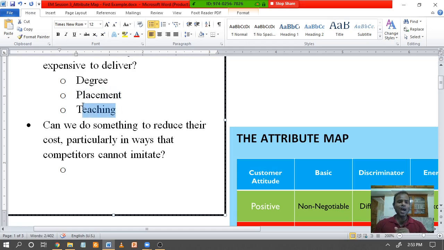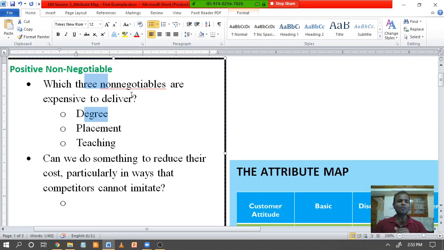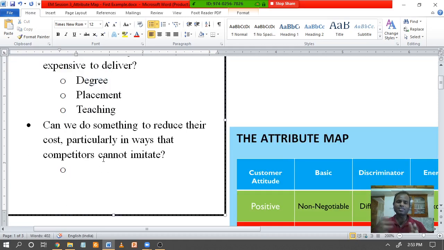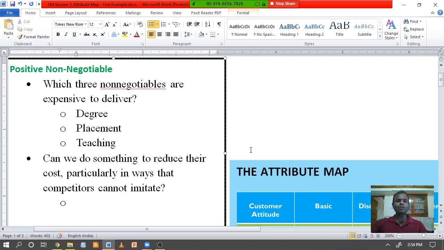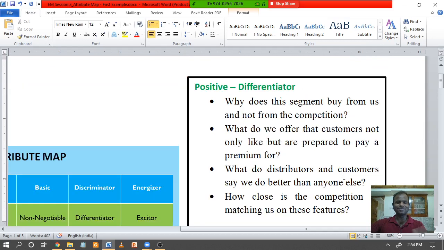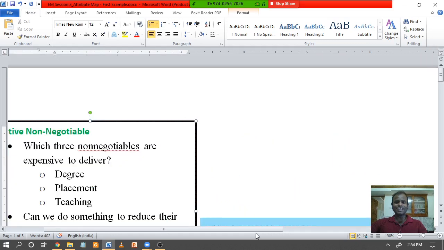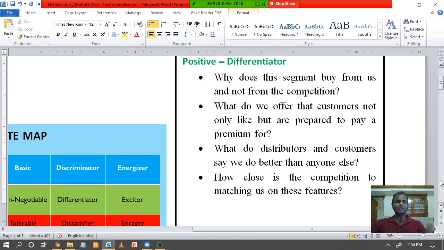In the same way, if you deeply analyze even the basic requirements that the university provides, there can be some cost cutting done, and this is a very important aspect for any business to thrive in the initial days. Now, I'm not saying the university is a business, but whatever, you can decide that. What I'm saying is, for any business to thrive, you have to find out the non-negotiable aspects. At the same time, you have to find out how to offer those non-negotiable aspects at as low a cost as possible. That makes your business sustainable over the long run. Otherwise it becomes difficult to sustain over the long run.